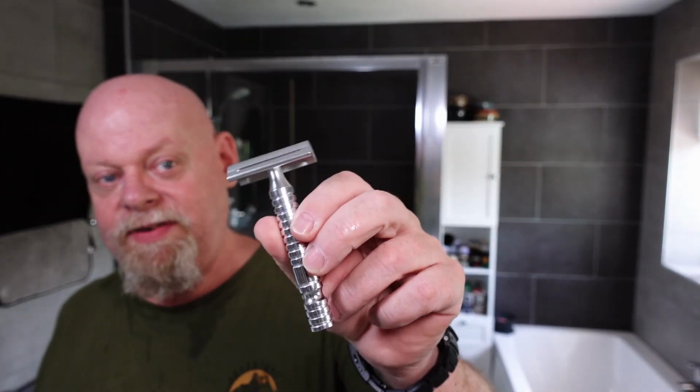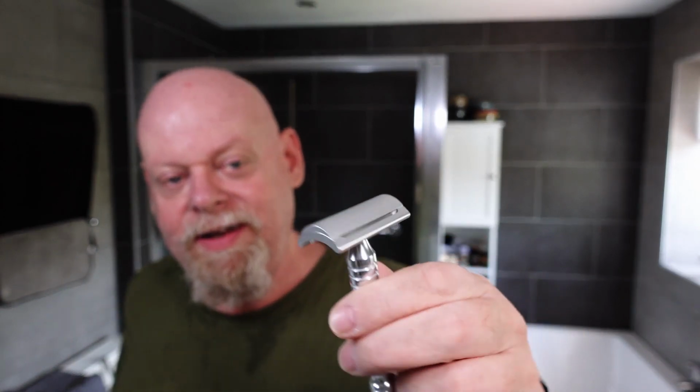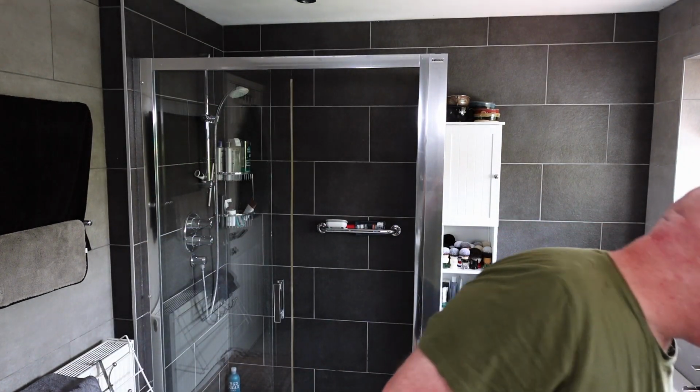So anyway, that's the end of today's shave. Would I recommend this for a dome shave? No, definitely not. Not for me anyway. Definitely not for me. It's personal opinion though, so don't be offended if my experience doesn't match yours. I'm just saying that definitely didn't work for the dome, so I won't be using that again on the dome. I'll give it a go on the face at some point in the future, but I've got to do my